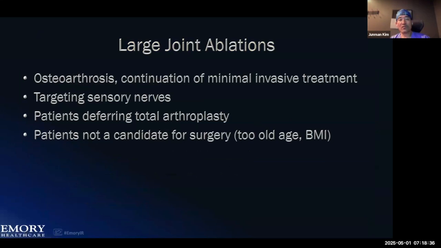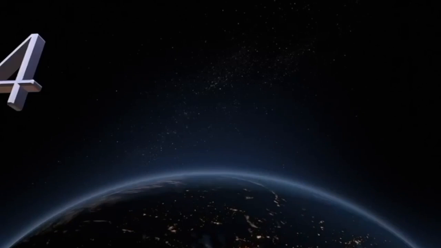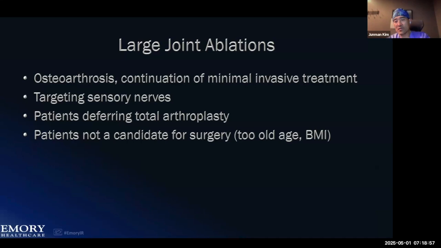So the most common indication for large joint ablations is OA, and it's a continuation of the minimally invasive treatment spectrum. When you have OA, osteoarthritis with degenerative changes, you can do physical therapy, NSAIDs, medication, and ultimately arthroplasty. Joint replacement is the ultimate treatment, but large joint ablation comes into play somewhere in the middle. So targeting sensory nerves, and this is for patients suffering after total knee replacement or joint replacement, and who may not be a candidate for surgery due to old age or BMI, surgeons not